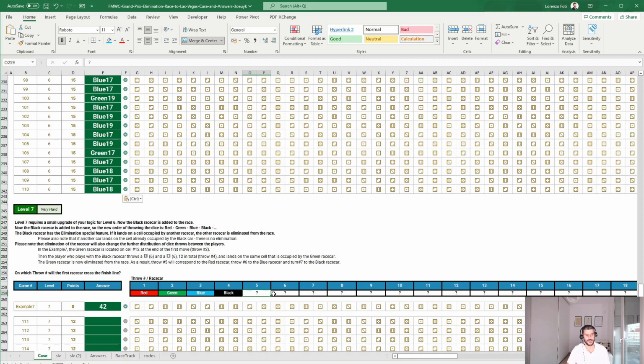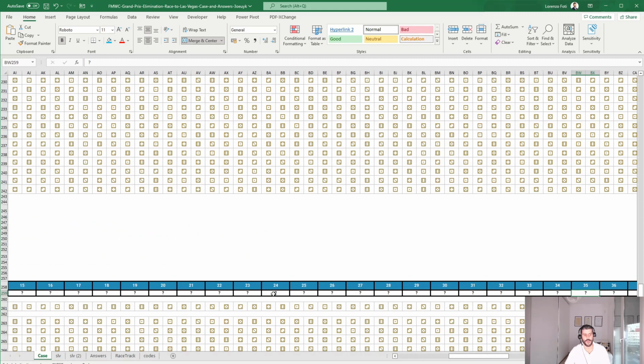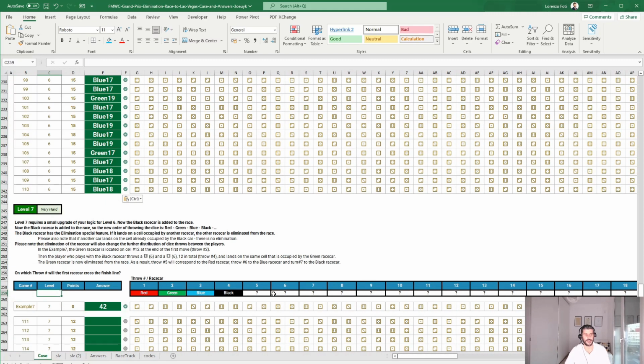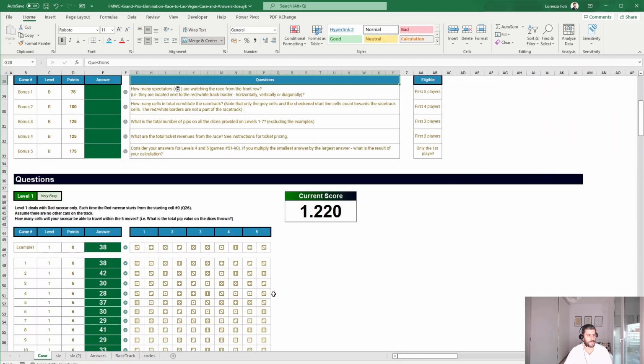In fact, you see that for throws 5 to basically whatever, you don't know actually what car is receiving those dices. And since I need to stop in a few minutes, I will try to solve this another time. Let's have a look at the bonus questions instead,